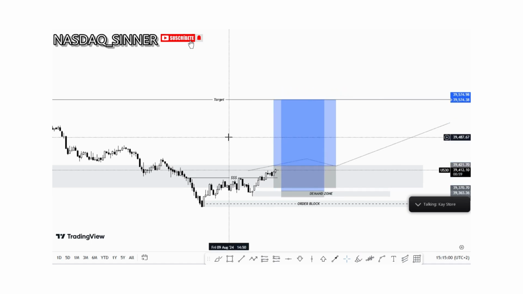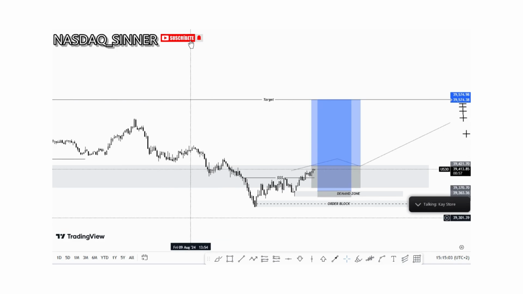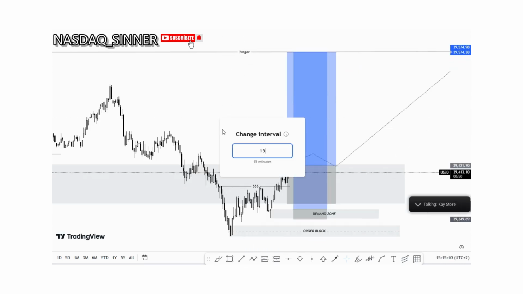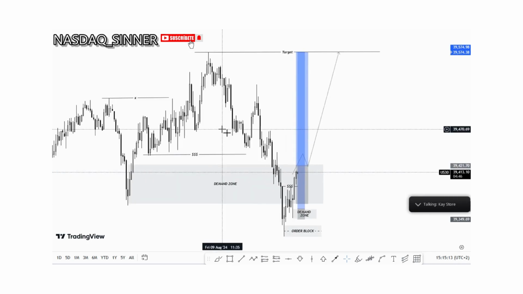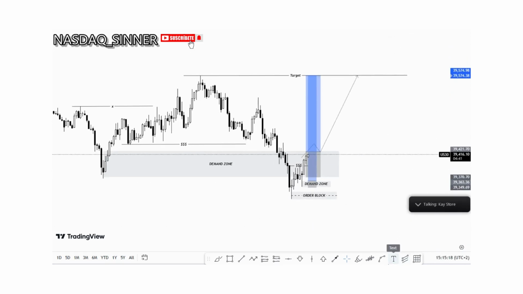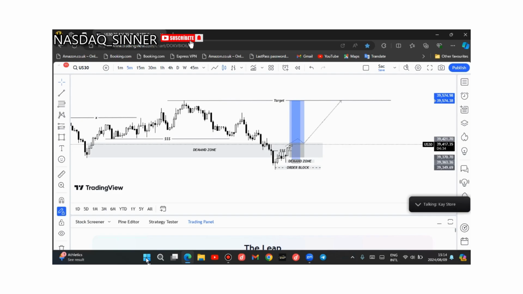So let me go and share this setup that I'm actually anticipating with these people. We're just gonna go to 5 minutes, and then show them this setup over here. This is basically what we are expecting on USDT, and then I'm gonna head to my WhatsApp and try to show them what I'm expecting when it comes to that USDT. The first trade, I think I'm gonna take right now as soon as it reaches over there, and then I'm gonna say